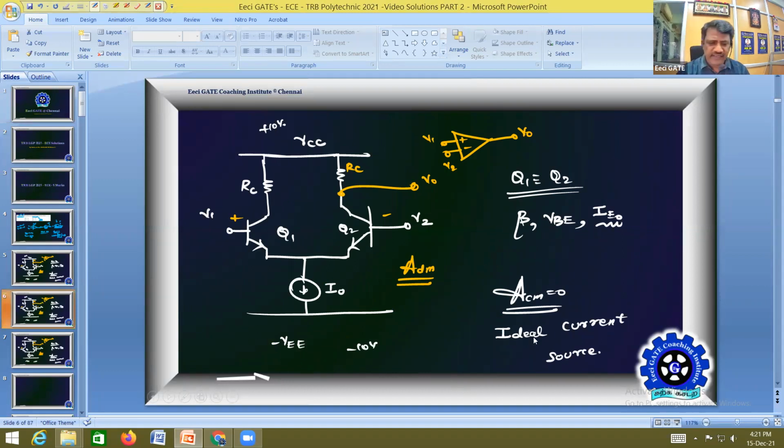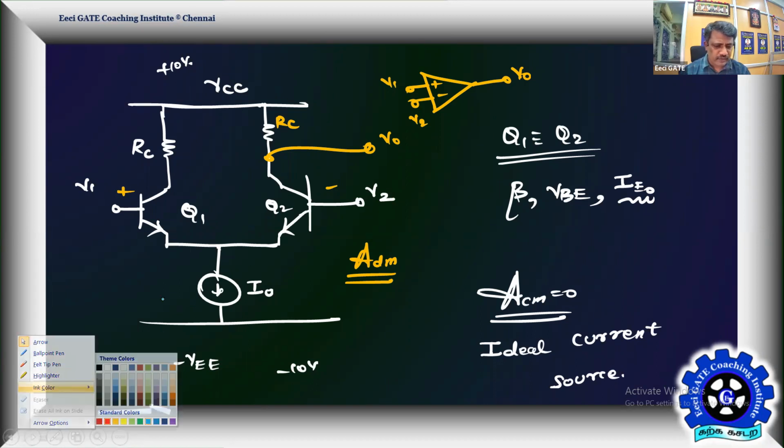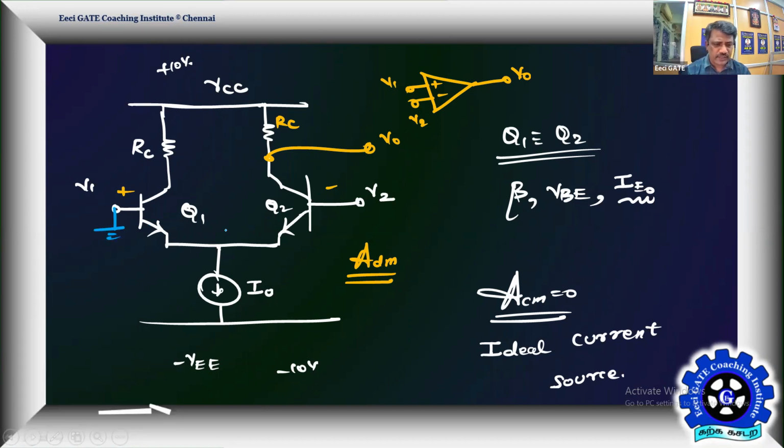If you perform a DC analysis for this, you will understand, because it's connected to the problem. So switch off your AC sources and they're going to have identical VBE1 and VBE2 as per the DC analysis. VBE1, VBE2 will be identical. Therefore, the two emitter currents of Q1 and Q2, IE1 and IE2, will be identical.